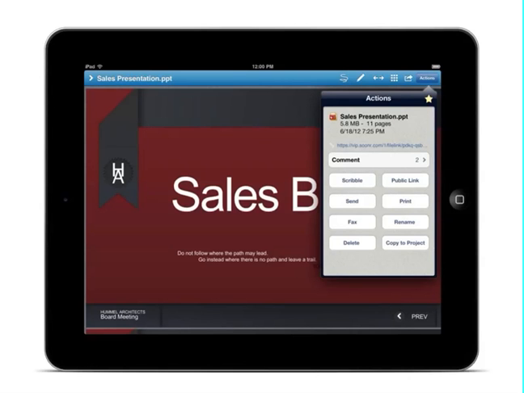But rather than just emailing it to them or giving them the presentation on the dongle, this is an opportunity to connect your customer to your business through a collaboration environment. And you decide that the best way to do that is to give him a public link. At least he's familiar with how to access your files and folders. And that's easy to do. You basically select under Actions, select Public Link,